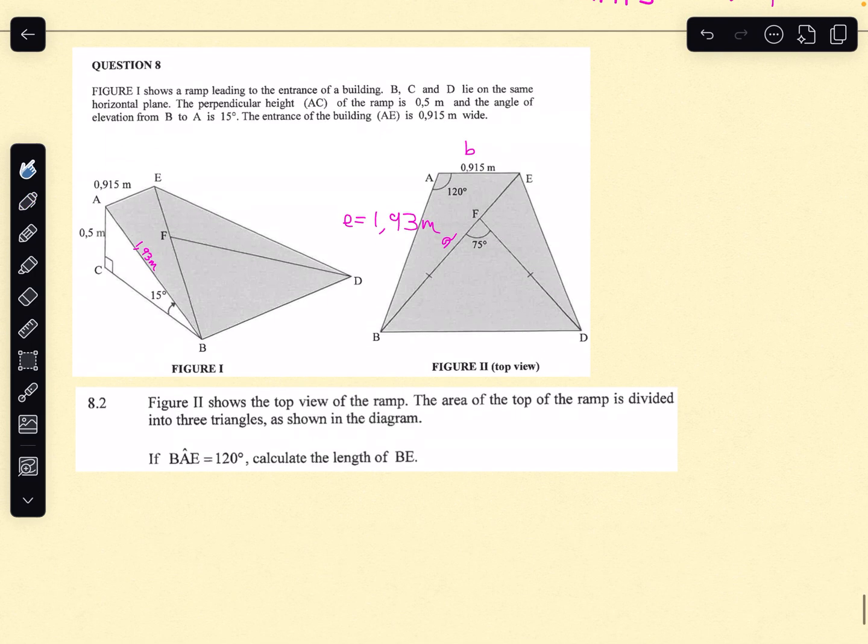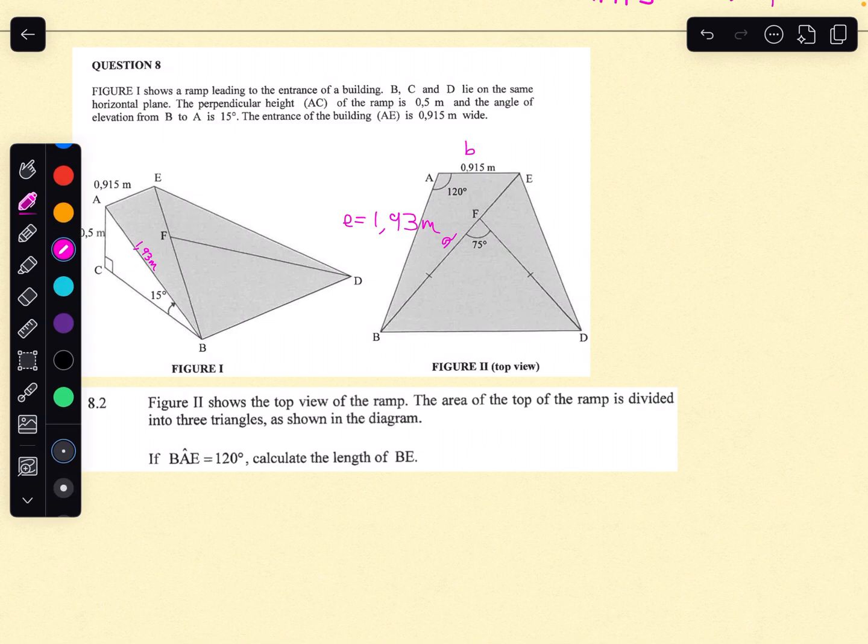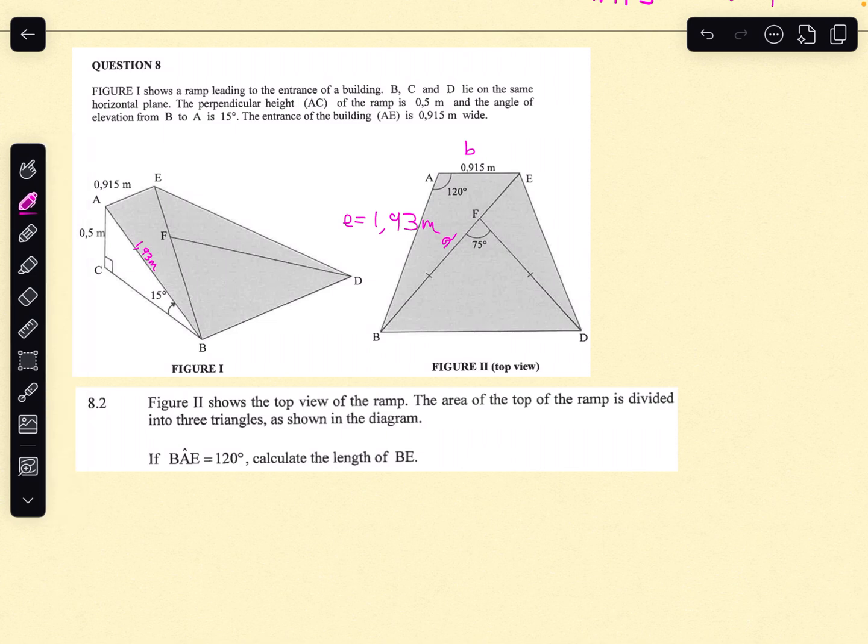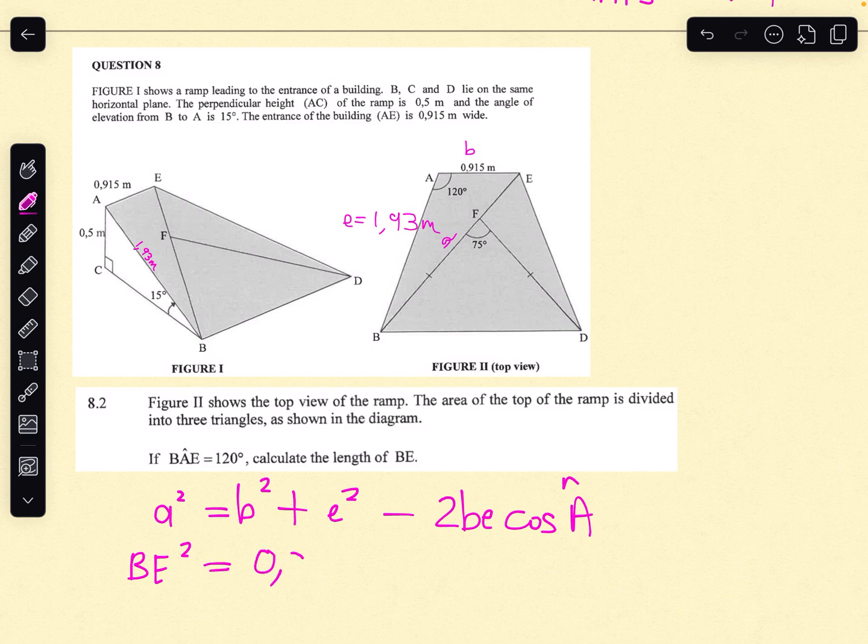Right, so the cosine rule says, the one we want, a squared is equal to b squared plus e squared minus 2be cos A. So BE squared, in other words, is equal to 0.915 squared plus